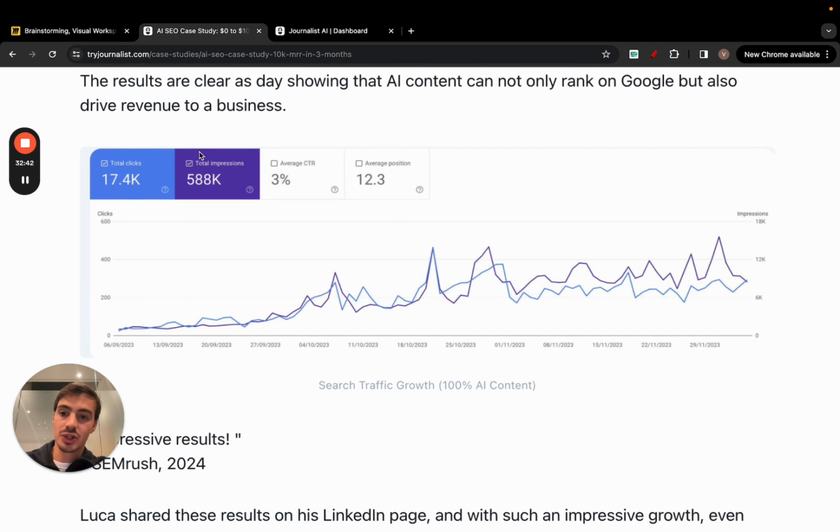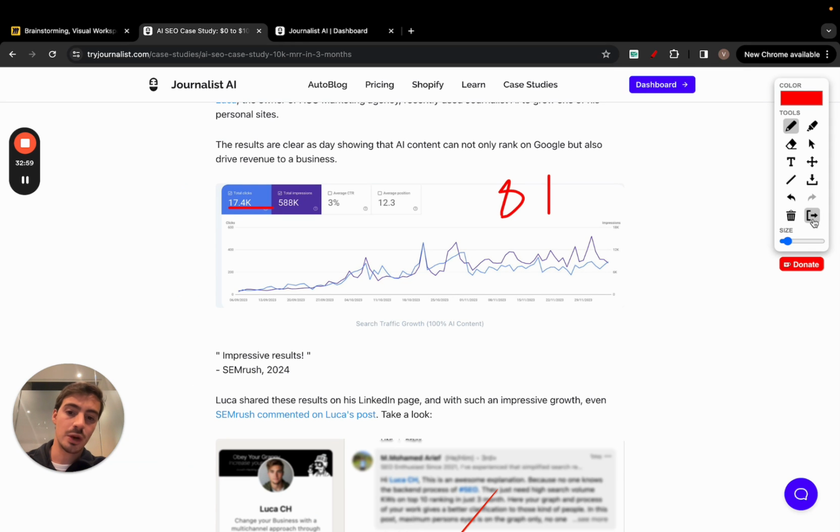So again, don't just look at the numbers, total clicks and impressions. Yeah, this is good, but these numbers don't really matter. What matters is, are the keywords that he's ranking for buyer intent keywords? Because he could have millions here, but if it were just some generic keywords, like how to tie a tie or something, people wouldn't be buying. So it's important to understand which keywords and what keywords to try.